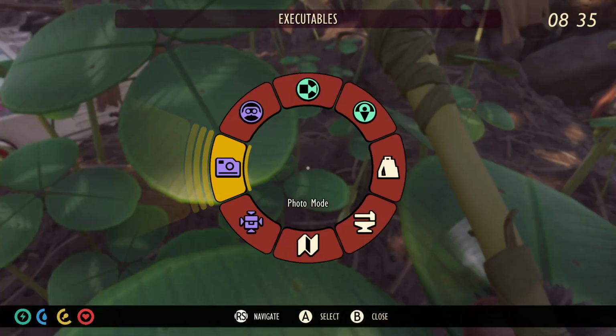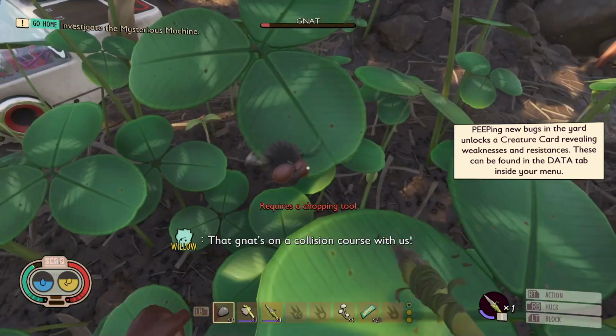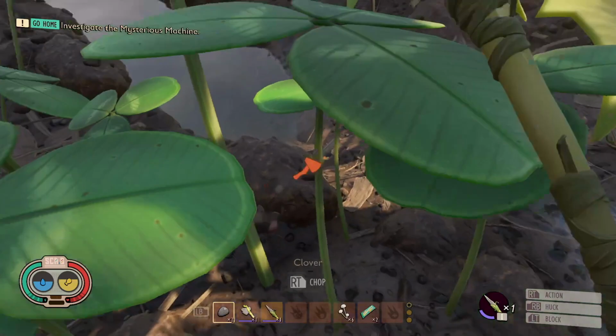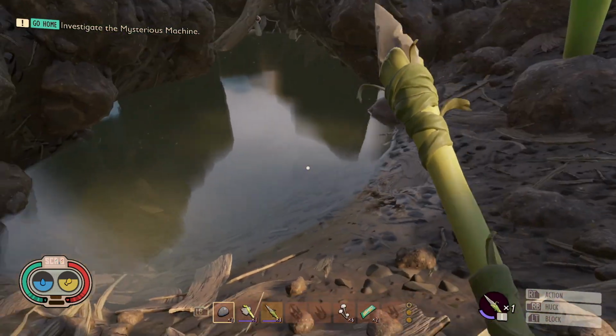Range combat is always something you should focus on in the early days, especially against bigger, more dangerous bugs, so make sure you kill as many gnats as possible, as they're the ones that you're going to need to craft your first bow. You'll find at least 1 or 2 spawning just by the small little pool of water next